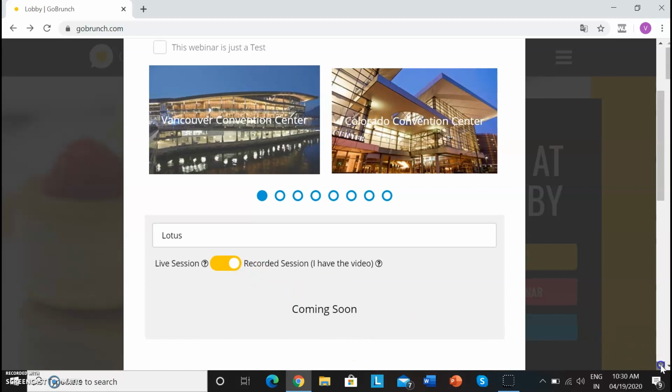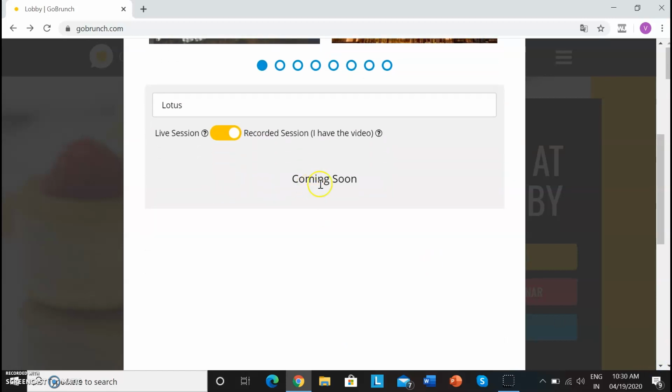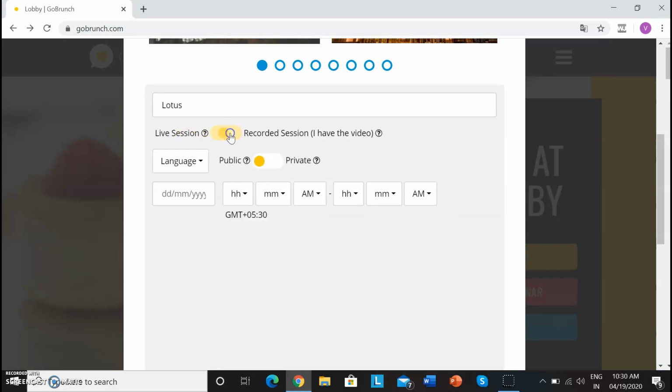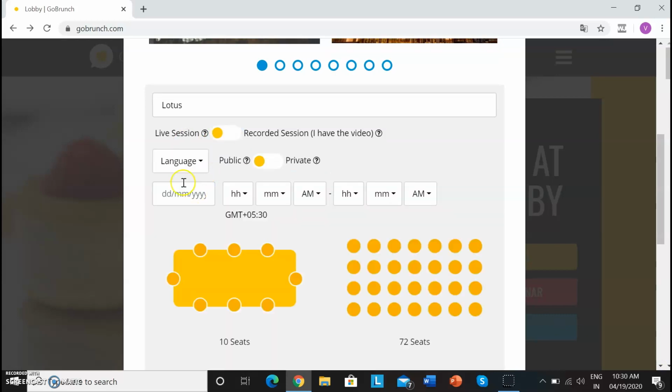Okay. Then as I go further here, yes. Then I have to select a language. So I will select the language as English. Remember, you have to select each and every box, you have to put everything over there, only then the task will be completed. Then I want to make it public or private. So if I want to make it public, I click on public.